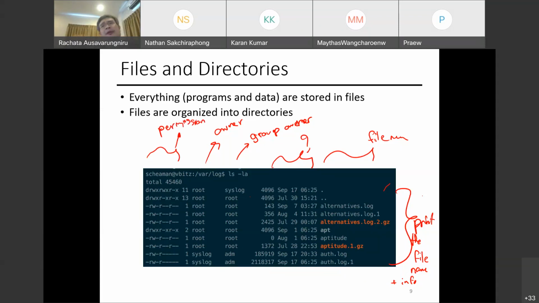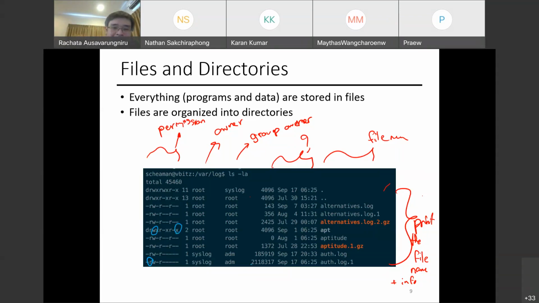Can someone tell me the benefit of having permissions on a file? Yes, it restricts unauthorized access. Can someone guess what R stands for in the permissions? Read, yes. How about W?